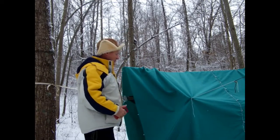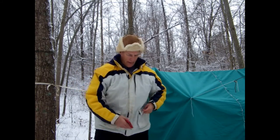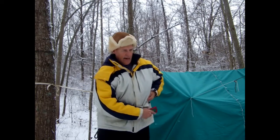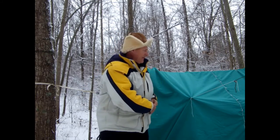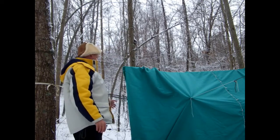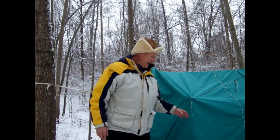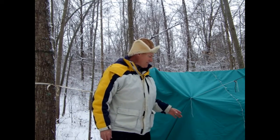I've got my tarp set up. I've got the hammock set up with the wife's hammock as the underquilt, and so I'm going to go ahead and hop inside. I do have the end on the windward side closed up, so it's pretty much like a tent. I've got this end opened up about 1 foot, and inside it's got the spacing at the floor of about 4.5 to 5 feet across and 8 feet long, so about 40 square feet on the